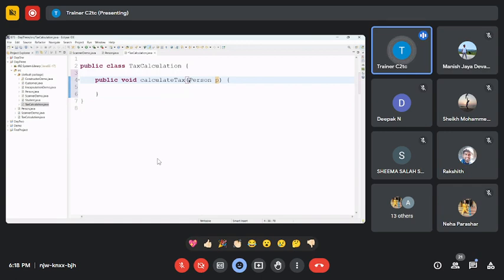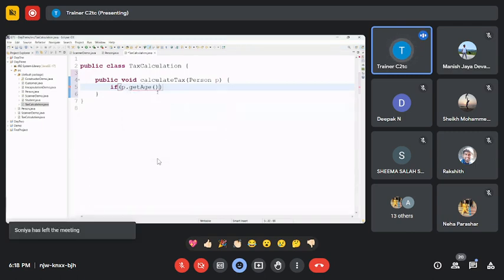Okay, now what I'm going to do is write the logic. I'm going to use an if statement. So I'll say if the person's age, since I have used P, I'll use this P. So I'll take person age, and since it is a private variable, I should rely on the getter. So if I say if the person age is greater than 65, and or if the person